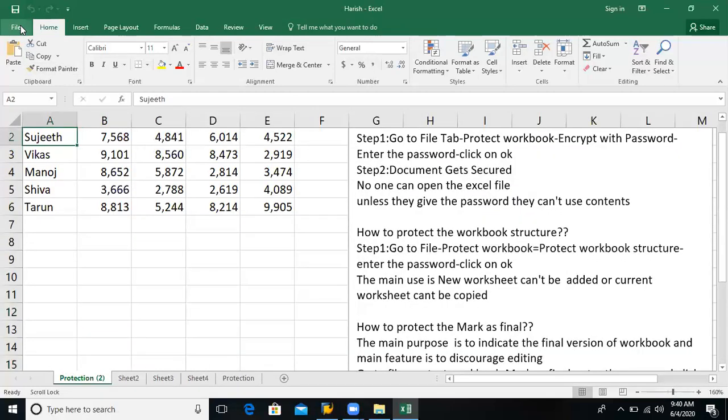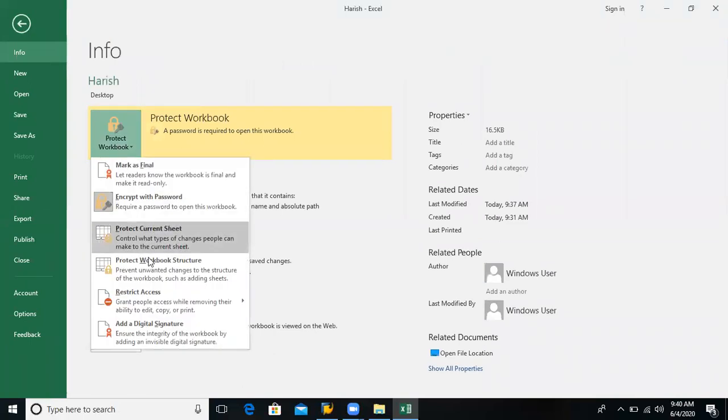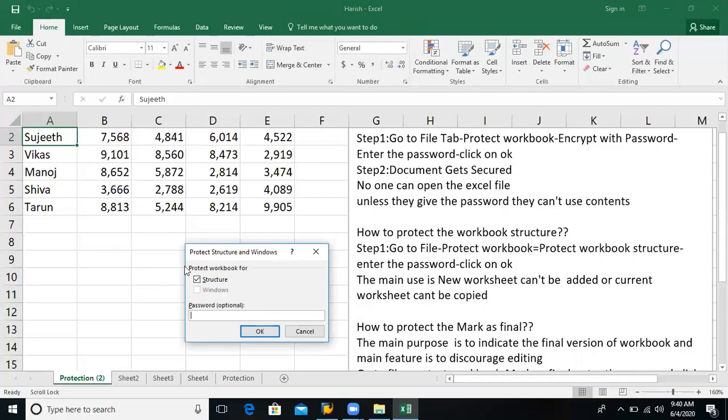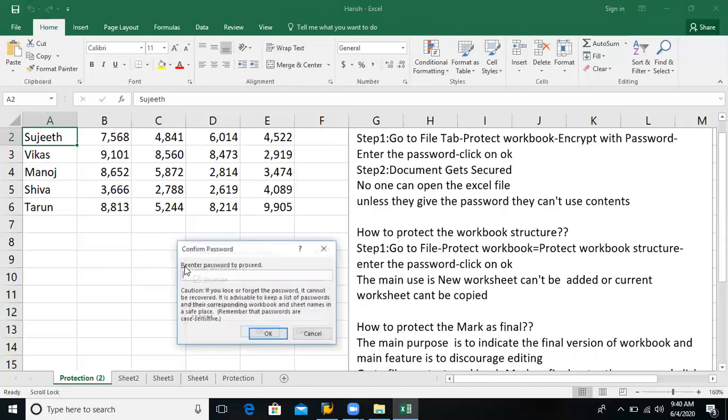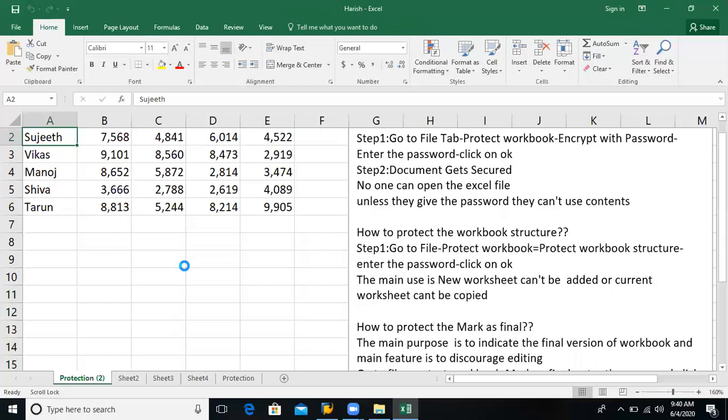Now once you go to the File tab, Protect Workbook Structure, and give the password here, a new worksheet can't be added, and the current worksheet can't be copied. Move or Copy is disabled now. So the current worksheet can't be copied, nor can a new worksheet be added.